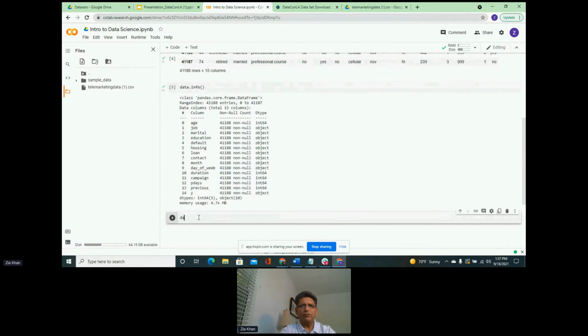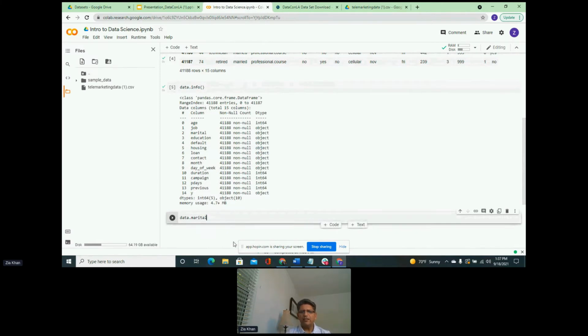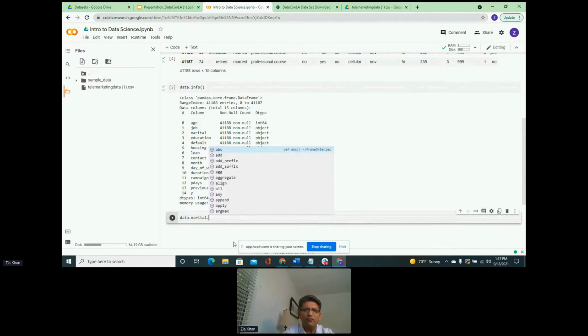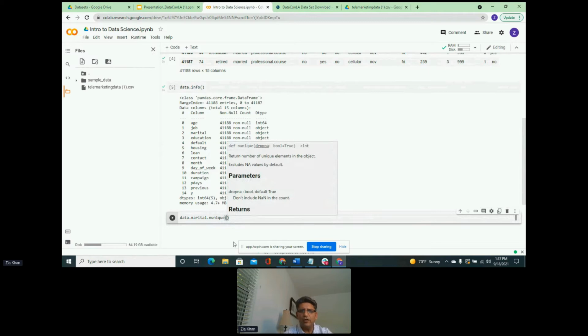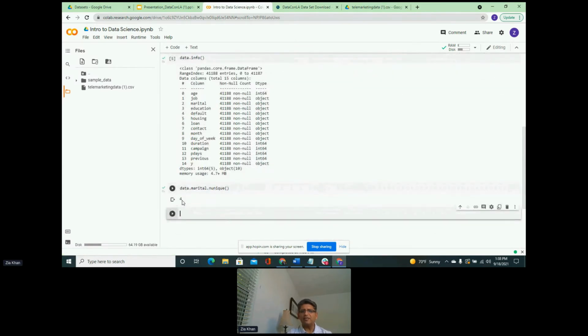We go back to our data object, and within it we have the feature marital. We try to figure out how many unique values there are, so we use a built-in pandas function called nunique, which is number of unique. Once we run this, it tells us that there are 4 unique values in this marital column.